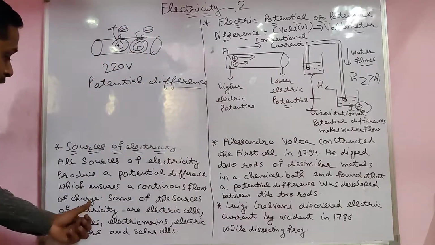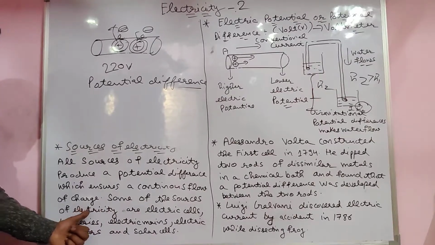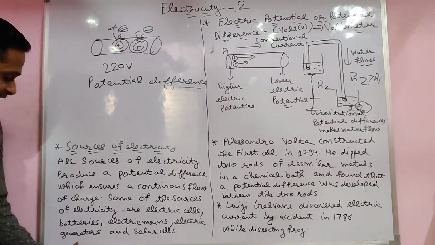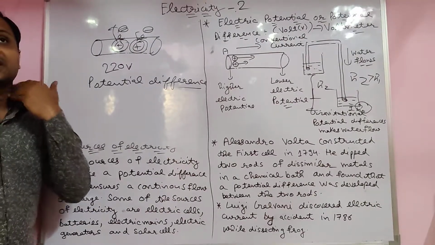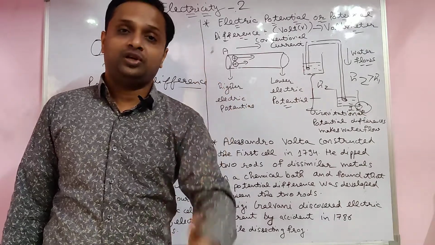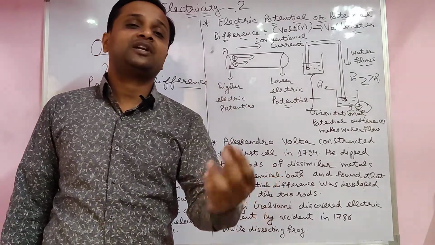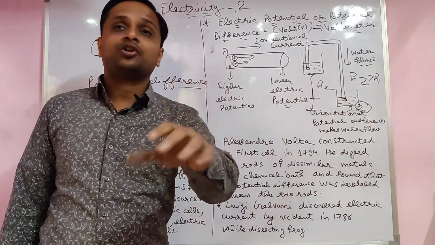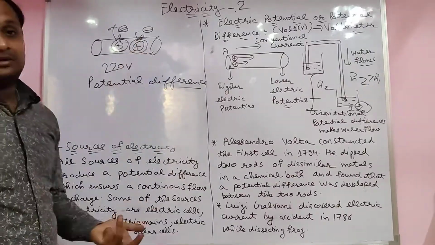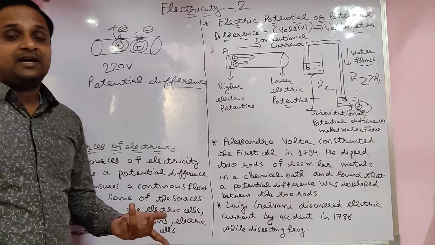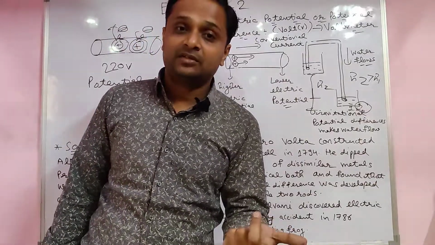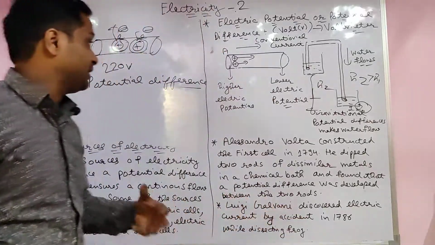Yes. So some of the sources of electricity are the electric cell, battery, electric mains, electric generator, and solar cell. Actually, what is their function? They provide the potential only, positive and negative. A battery also provides the positive and negative. Charge is always present there. Charge is already present in the wire. If the wire is old, you have to change it, you bring a new wire.